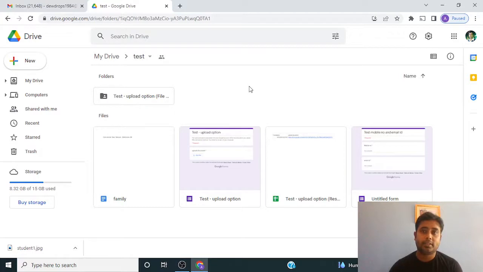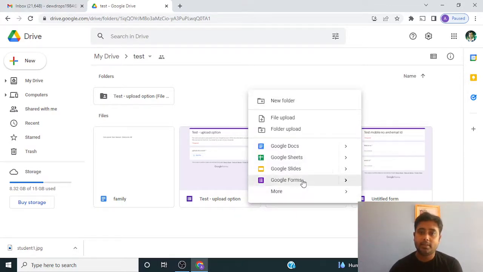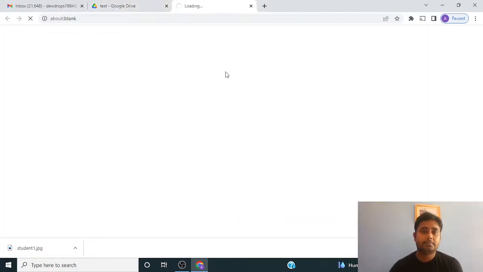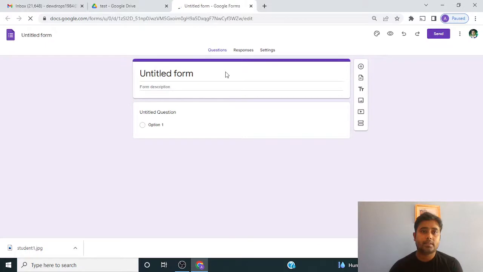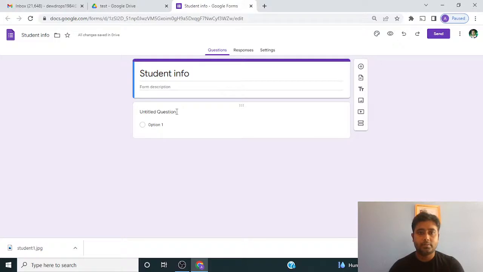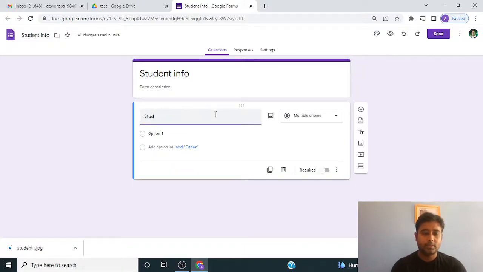Suppose this is the Google Drive. I have signed in with my Gmail user ID and password, and simply right click here, open one new Google Form, click here, then see, this new Google Form has come. Suppose this is about student info. Now suppose student details, student name,